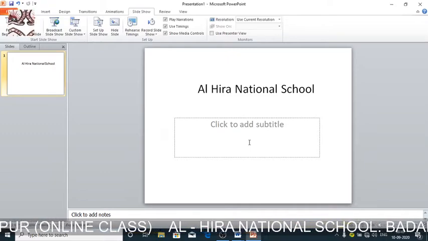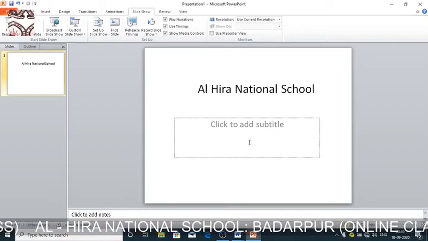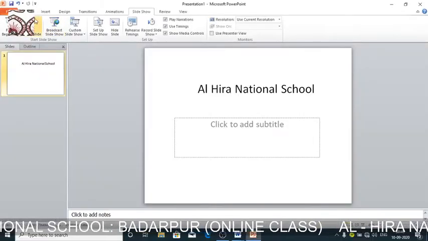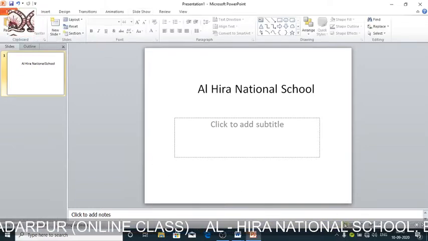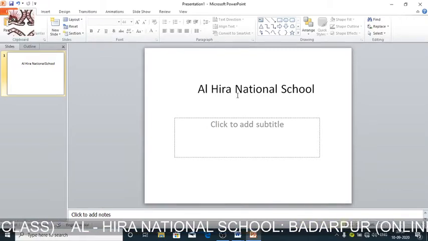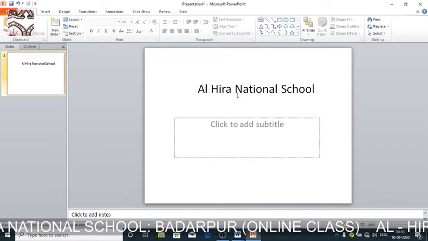Now what is normal view? The normal view is used while making the slide. While we are making any slide, we are in the, you can see here, it is being activated. So we are seeing normal view. So normal view is used while making any slide. It lets us view each individual slide.